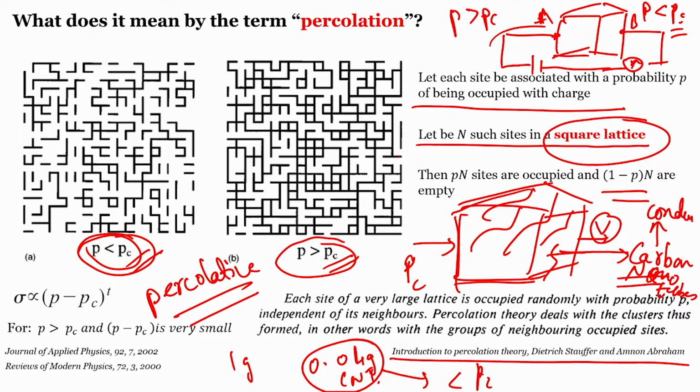Each side of a very large lattice, which means a kind of solid, is occupied randomly with probability P, independent of its neighbors. Even this can be considered as a description of a lattice. Percolation theory deals with the clusters thus formed, in other words, the groups of neighboring occupied sites. So here, if you paid attention to the previous slide, you would have appreciated how adjacent nodes